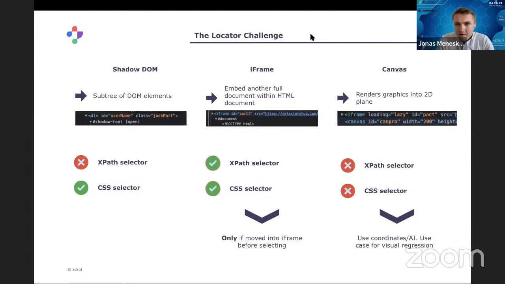And the problem with that is you cannot access the elements because they are just rendered elements, so they are basically just an image. And if you want to try the record approach with selectors, and then you build no-code stuff on top of it and try to use it, you will probably fail. So if you have a lot of Canvas stuff going on in your application and you are choosing a no-code automation tool for that, you're better off not choosing one which only relies on XPath selectors or CSS selectors.